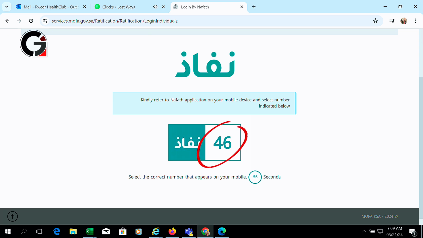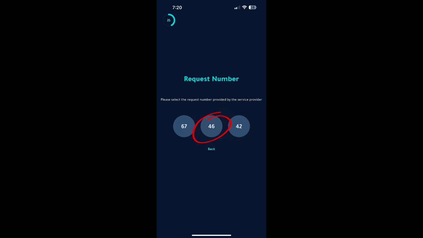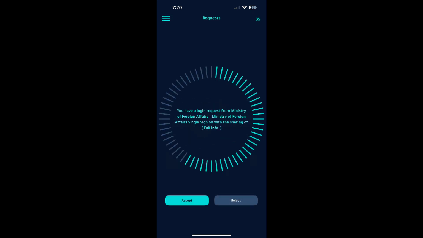On your screen, it's showing number 46. Now, you go to your mobile device and press number 46 on your NAFAT application. Remember that the number will expire in 1 minute. Once it's expired, you can request for another number